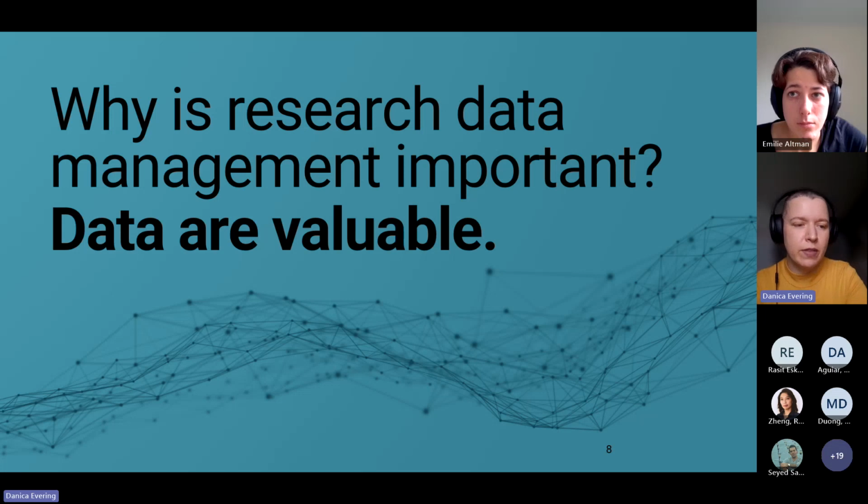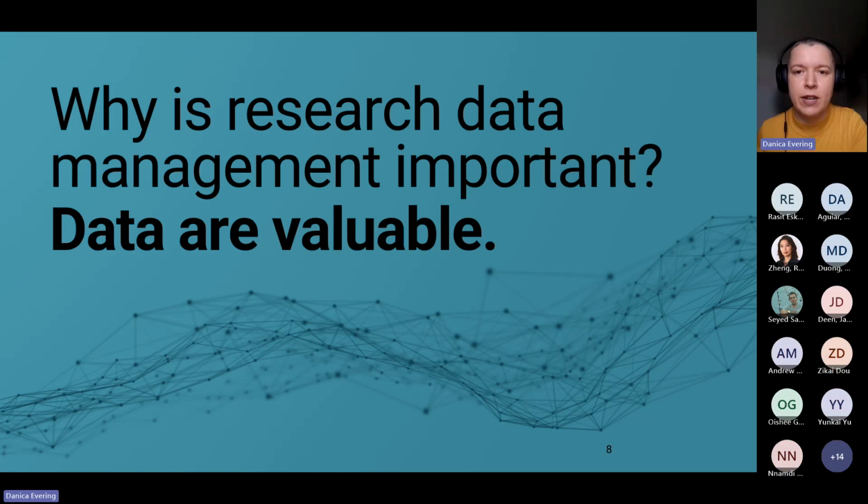So I think the thing I wanted to start with is to emphasize why research data management is important. This can be for you and for funders, but it's just that data are valuable on their own, not just what we publish from them. So for surveys and focus groups research, our interviews and relationships with our participants are valuable. This means that data security and data management planning are essential, and often focus groups only happen once.